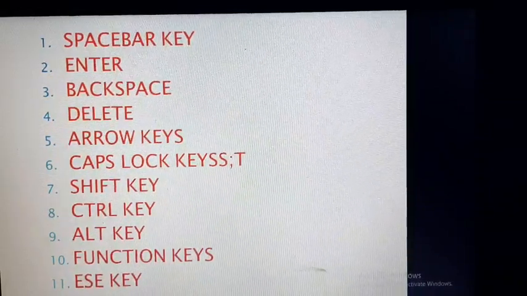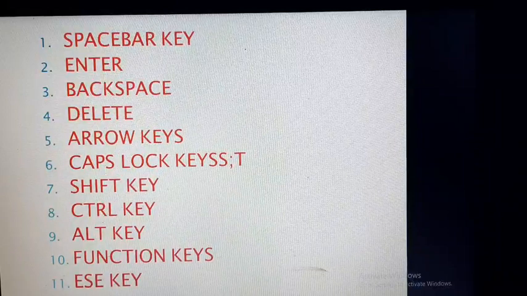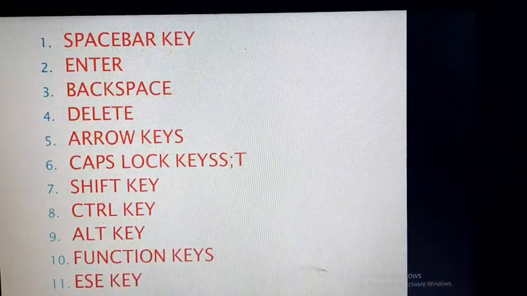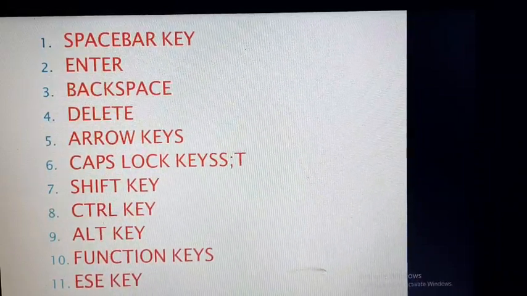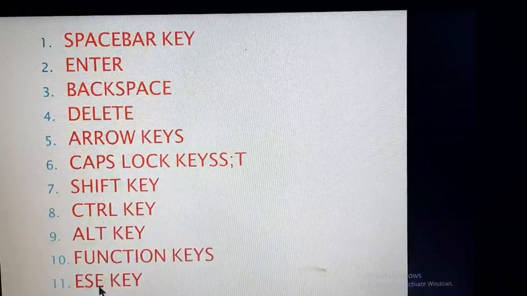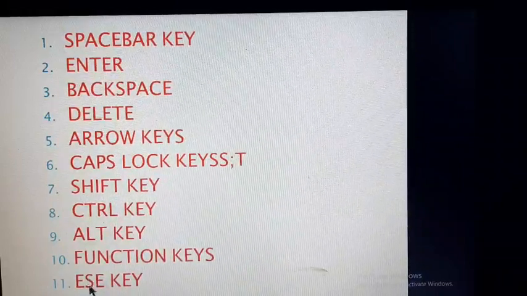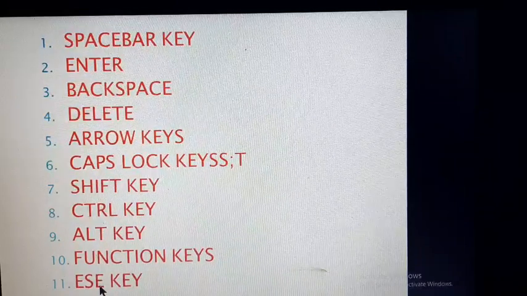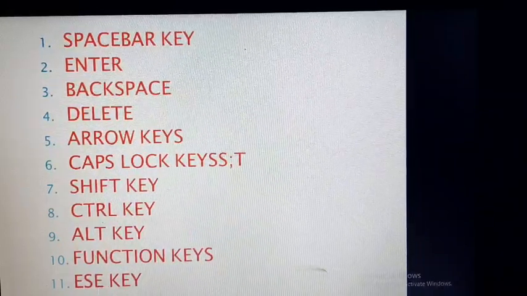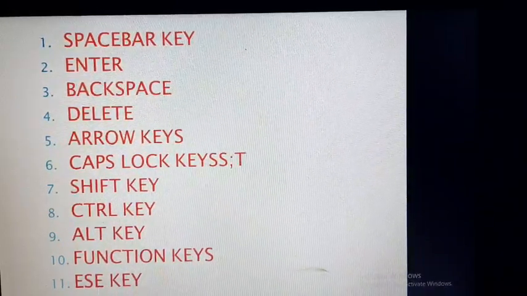And the last one is the escape key. It is used to reject any functions.